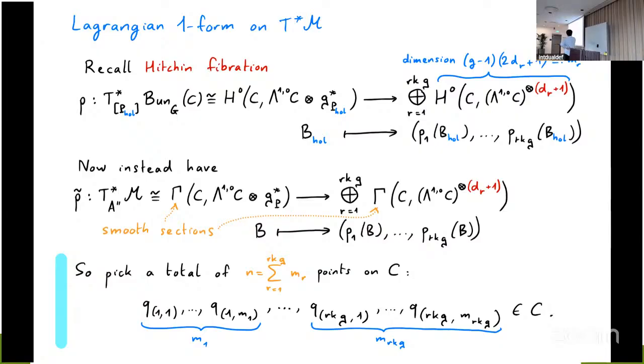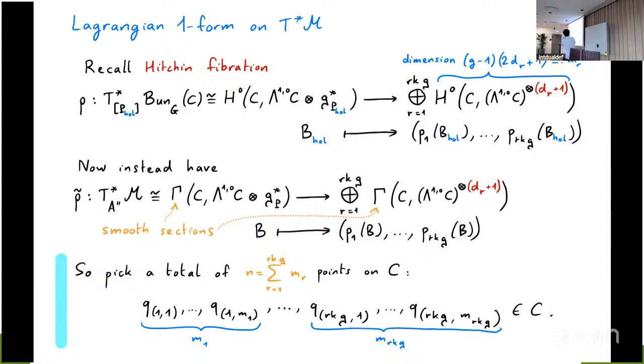And what we do is we just take as many points as we need. So n number of points, because we need n different Hamiltonians. So we pick n points on the curve, which are labeled by pairs of numbers. So 1 to the rank labels the polynomial. And then for each polynomial, we pick that many points, d_r plus 1. So that's the total number of points, which adds up, as we saw before, to the total dimension of the